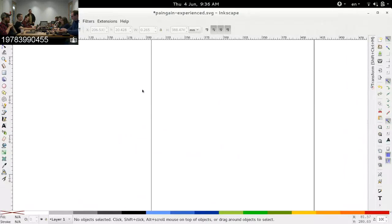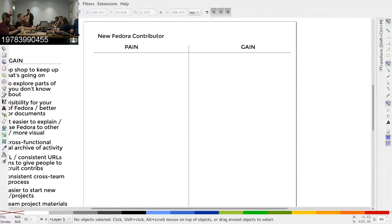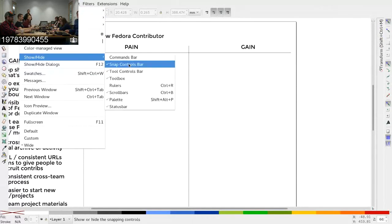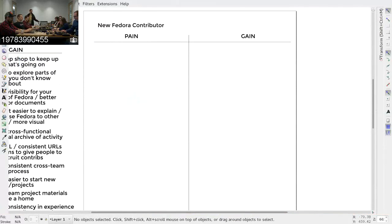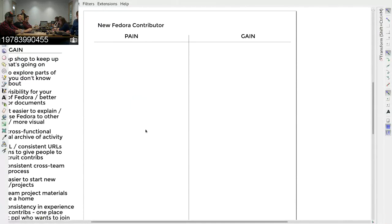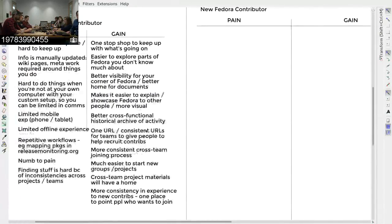Okay, so new contributors. Sorry, it's like your computer burped or something. What is their game? The pain gain game. So we just did the pain gain game for experienced contributors. What we did is we talked about, for right now, today, in a non-hubs world, what are the pains that experienced Fedora contributors run into